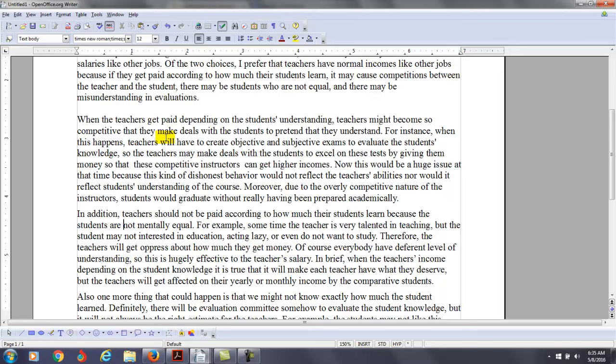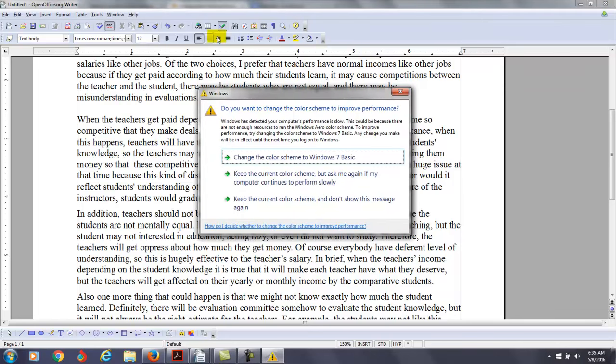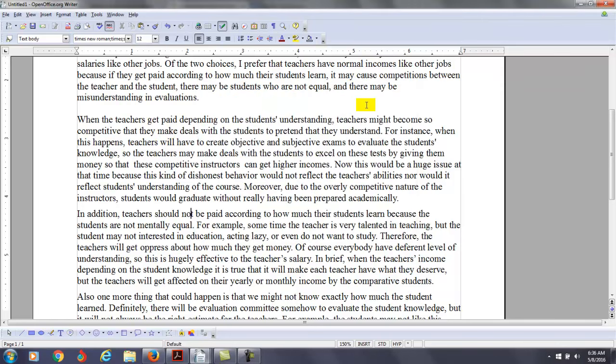We have the students are not mentally equal. So I think that's going to work. So we needed a topic sentence here that connects to the purpose of the writing, and the topic sentence that you had did not directly do that. That's why I created this. Then you say, for example,